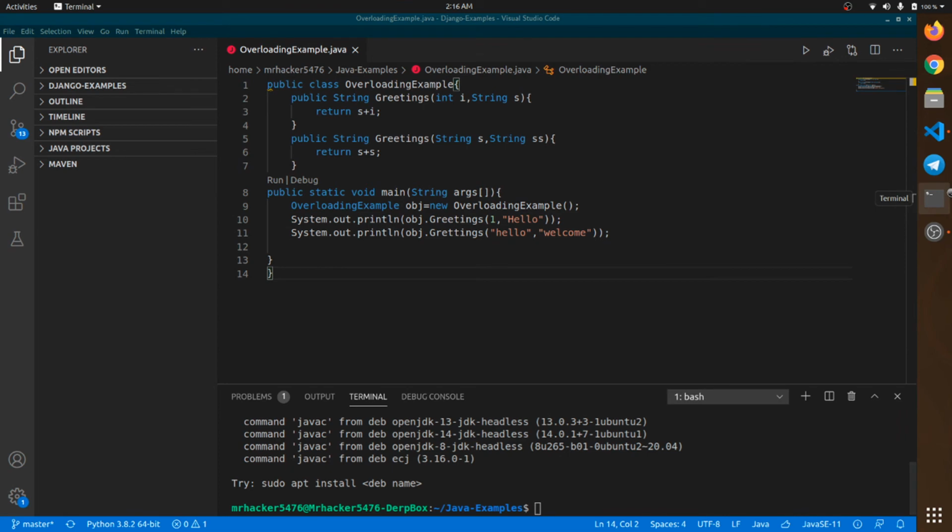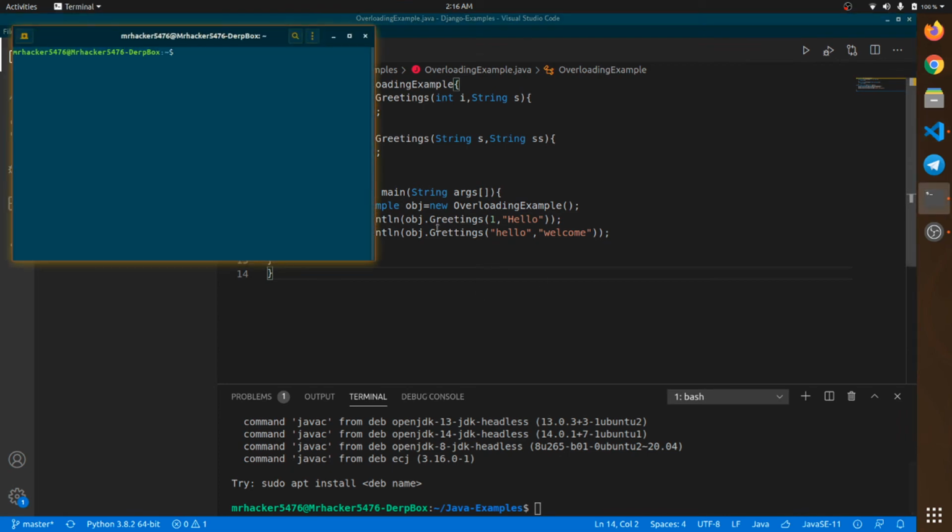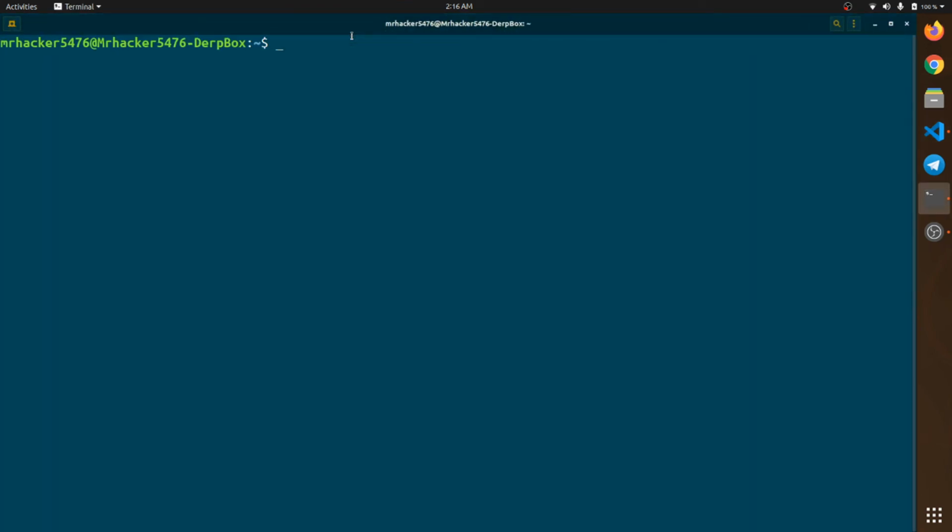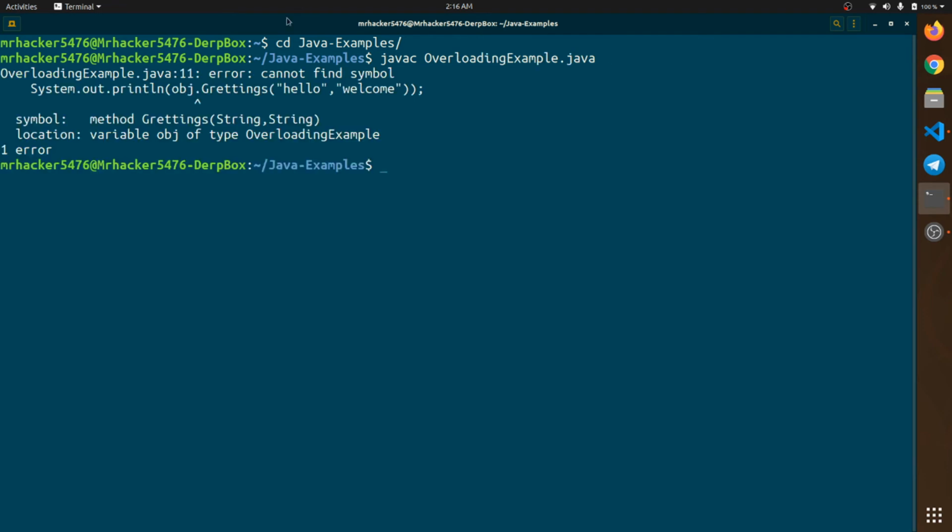Well, I should use the terminal. Okay, cannot find symbol, right.